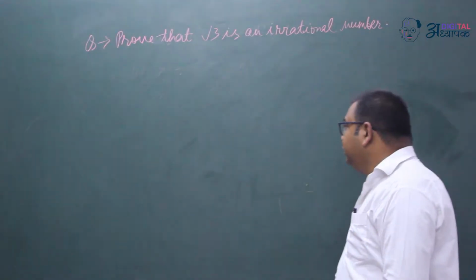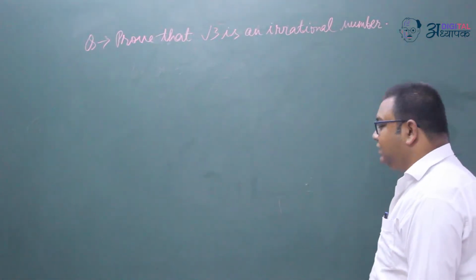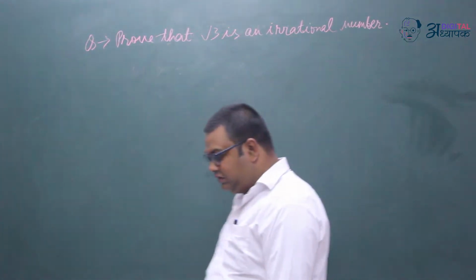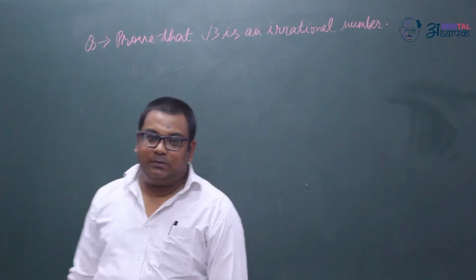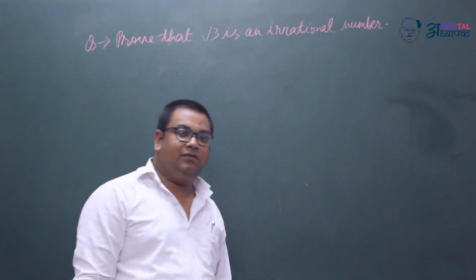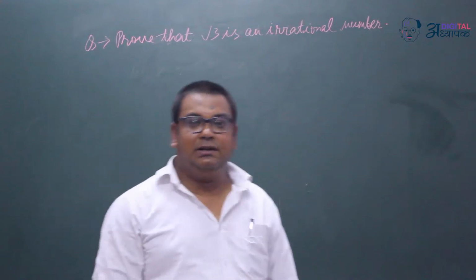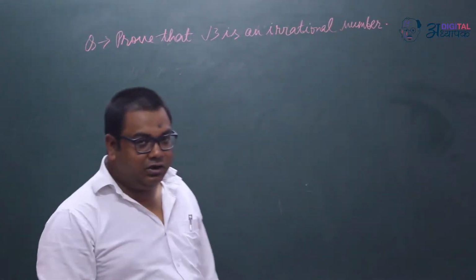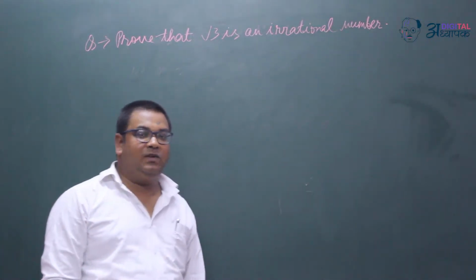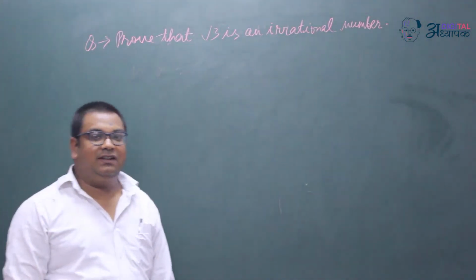We have a question on the board. Prove that root 3 is an irrational number. This is a very common question for your board examinations. We have to prove root 3 is an irrational number, and for this we will take the help of the fundamental law of arithmetic. And according to the fundamental law of arithmetic, you must be knowing that prime factorization of any number